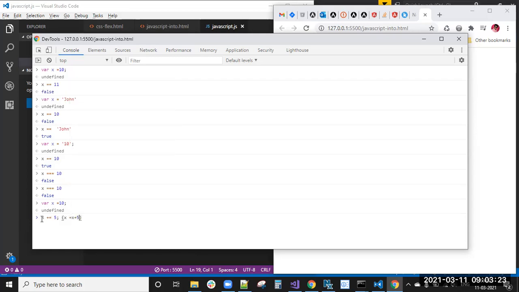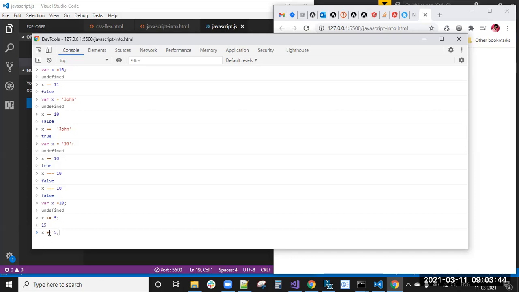Actually, this equal to this one. This is the shortcut form for this only, x equal to x plus 5. So then you will get 15. X value 15 you will get, means x value 10 plus 5, 15 you will get.